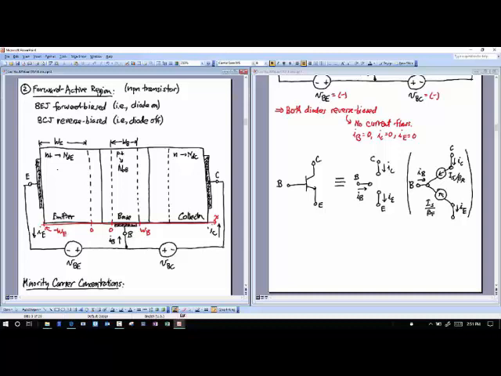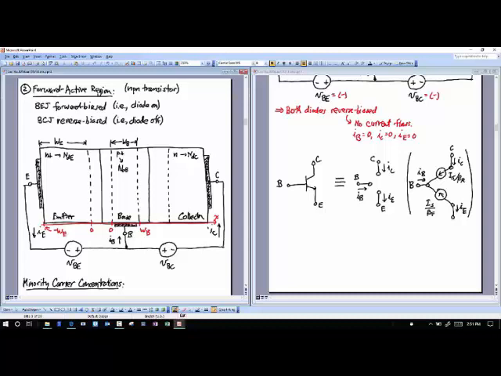If you didn't understand diodes the first time, what you'll find in life is that when you learn something twice, you really learn it. You learn it once, maybe you know it a bit. When you learn it twice, you really know it. This is your chance to learn it twice. This is just diodes all over again. This is one diode here, and there's my P, which I'm calling P plus here. It could be P, it could be P plus. Finally, the collector, I'm calling it N type. A lot of times you'll make that N minus.